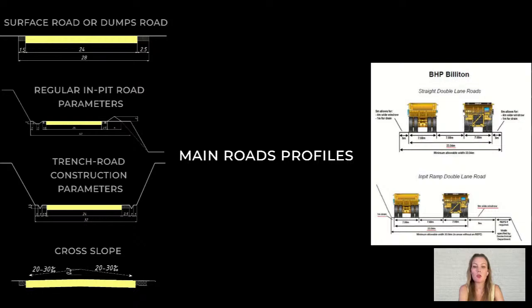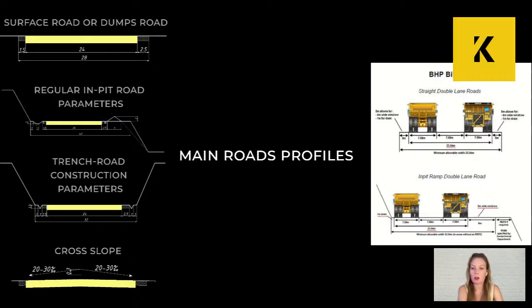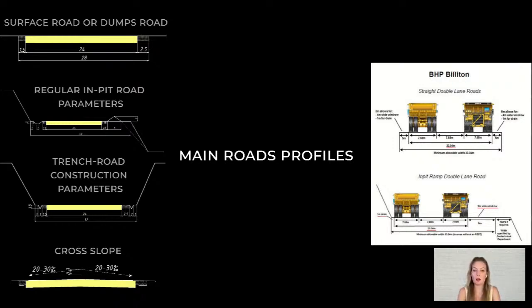The profile of the road largely depends on its location, whether it's on a dump, on a single-sided trench, double-sided trench, and so on. Each type has its own specific features. For example, when building a road on embankment, you need to construct a windrow on both sides of the road. If you have a double-sided trench, this area is likely to flood, so you need to have trenches on both sides of the road, sometimes just one if the road has a single slope profile.